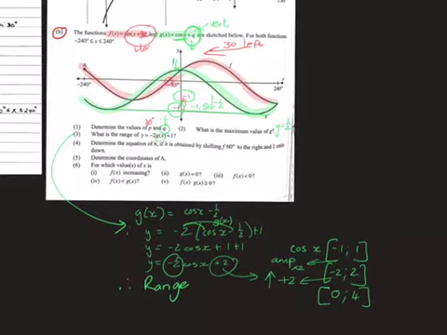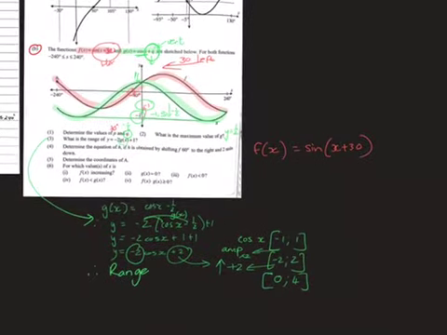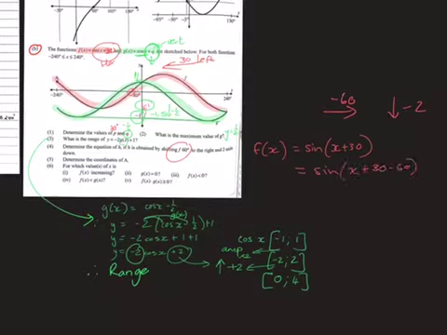So f is our sine graph. F of x equals sine x plus 30 degrees, and then we are shifting 60 degrees to the right. Oh, that's not right. To the right, which means we are minusing 30. I lied. Minusing 60 because we're going 60 degrees to the right and 2 units down. So the 60 degrees goes in the bracket. And then our minus 2 goes afterwards. So it's going to be sine x minus 30